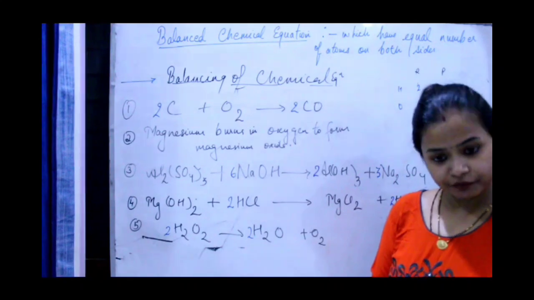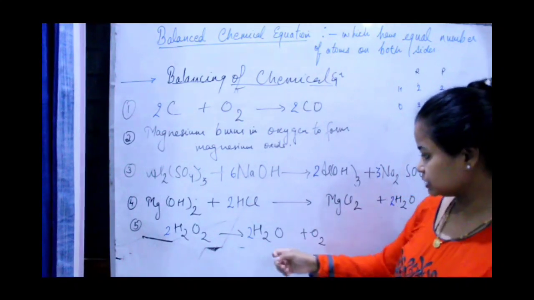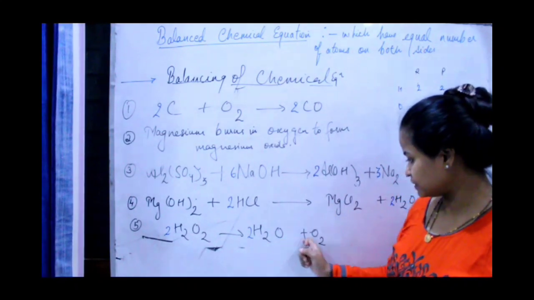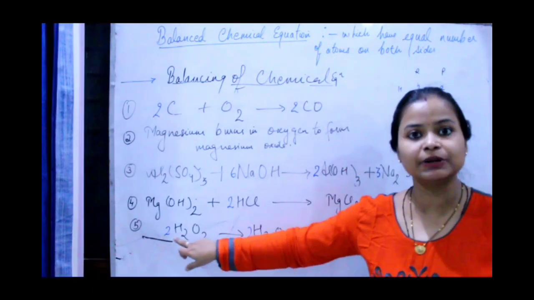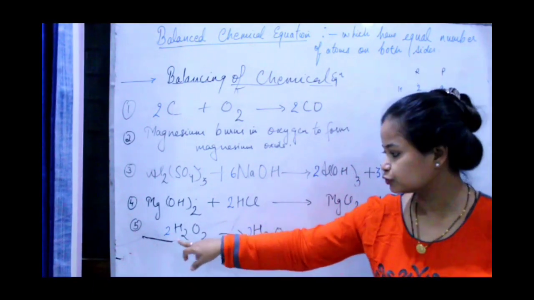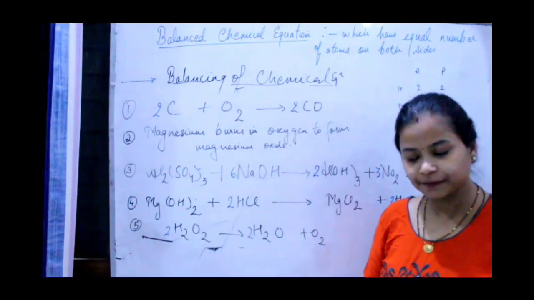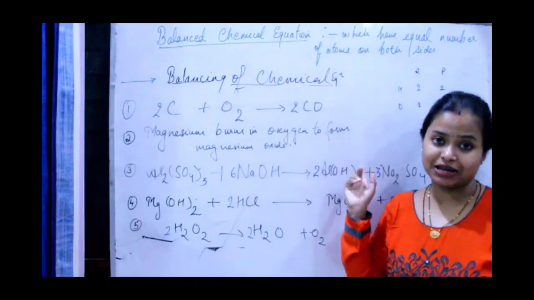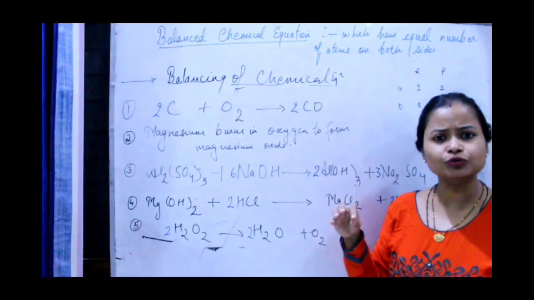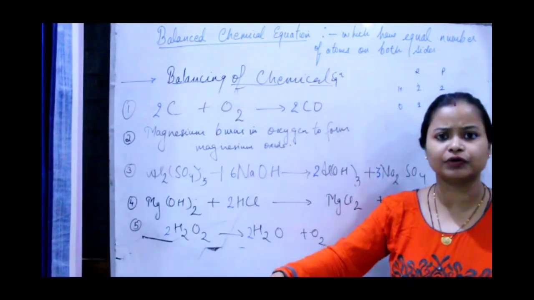Is it clear? Fine. See. This will be added, 2 oxygen plus 2 oxygen, 4. Here it will be 2 into 2. Subscript and coefficient will be multiplied. 2 into 2 it is 4. Okay. Now there is an alternative method also by which we can balance the equation. Fine. You can use this method to balance any type of equation.